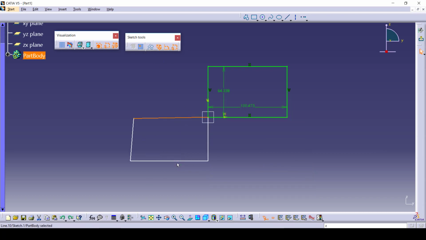Now in the visualization toolbar, you have the same dimensional constraint and geometrical constraint. What is the major difference between these two? See, when you deselect this diagnostics, what will happen? Can you see your green color was converted into white?